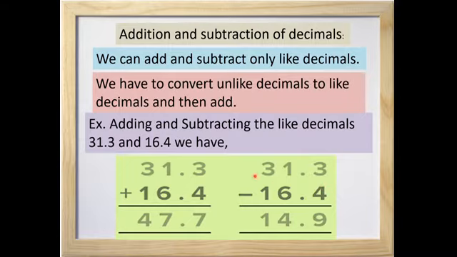Is it clear? Now let us see the subtraction here. So here again we have to arrange these numbers in columns such that the decimal point lies one below the other, or they lie in a straight line. Is it clear? And then we have to subtract. Let us see how to subtract. Here, can we subtract 4 from 3? No. So we have to cancel it out and borrow 1 from here so that it becomes 13.